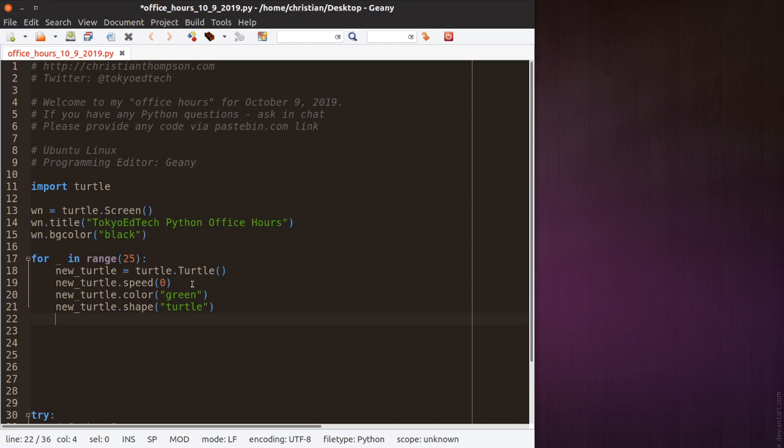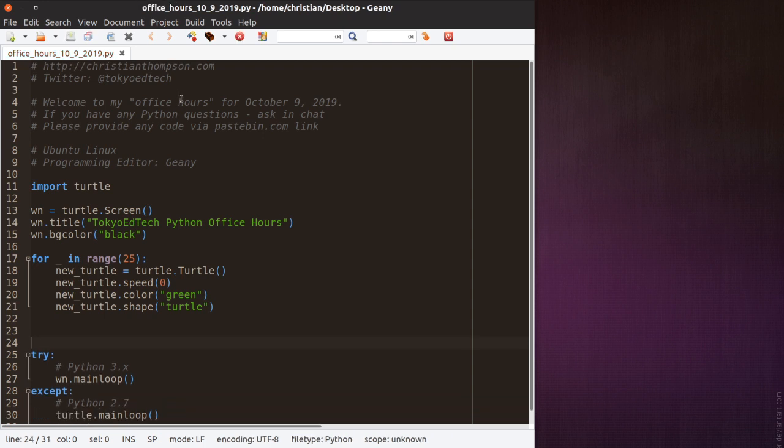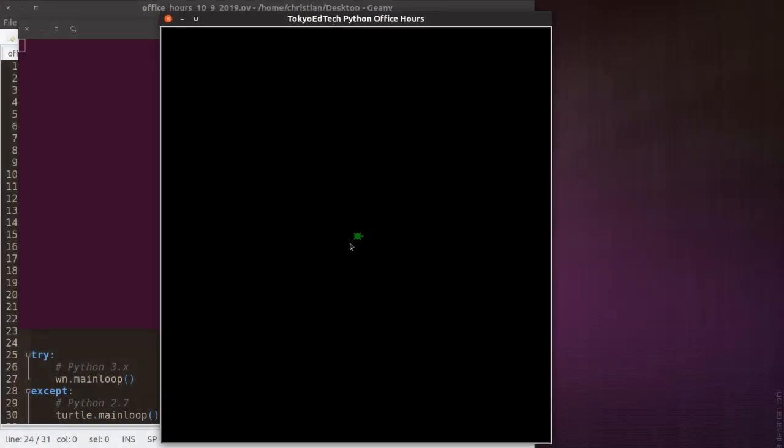And then let's see what else we do here. new_turtle.shape. What can we do here? I'm missing something here. Well, let's run it and see what happens. So I'll try and keep that on the screen for now. Okay, so you see here I've got a turtle. Now, I told you earlier I was making 25 turtles, but you only see one because they're all